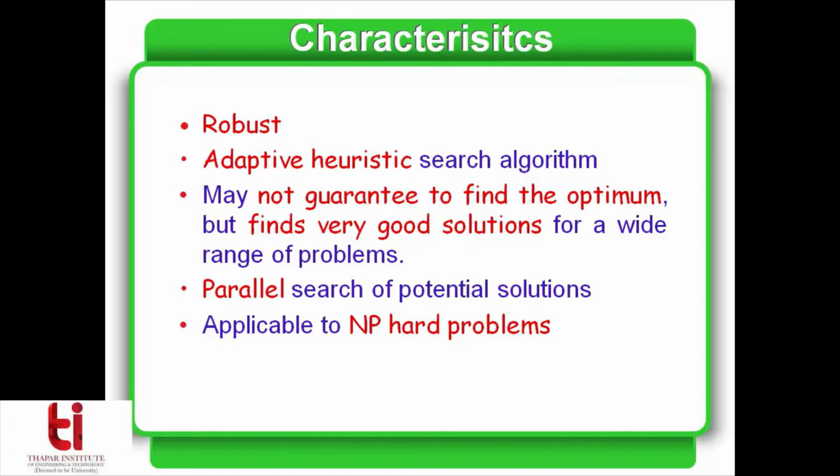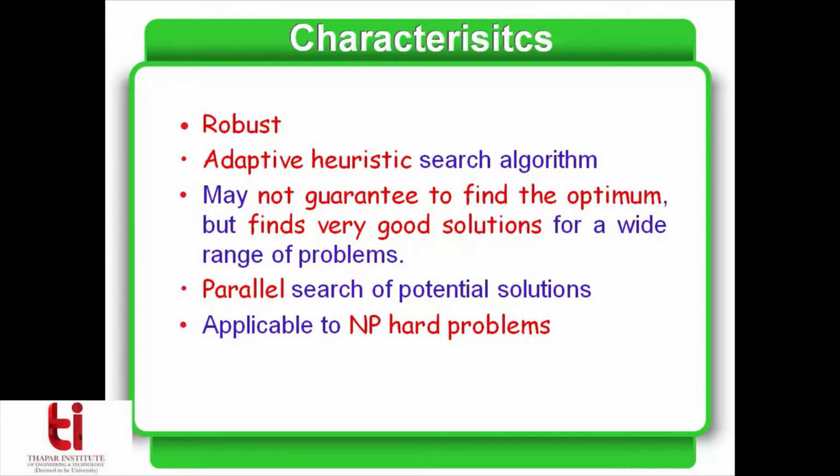And the best part of genetic algorithm is that though it does not always guarantee to give me the optimal solution, at any stage of time, after 10 iterations, after 100 iterations, after 500 iterations, if not optimum, it will always give me some good solution for my problem. And this is applicable to the wide range of problems to which genetic algorithms have been applied over time. Next, it allows the parallel search of the potential solutions.